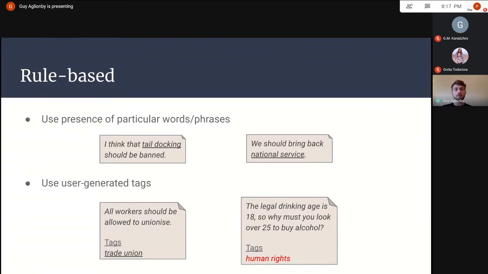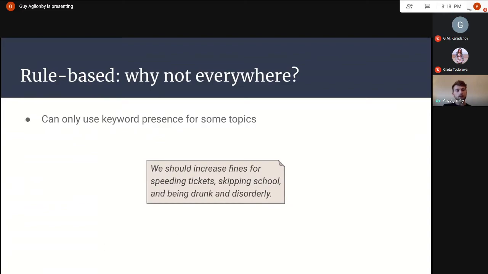We also don't really mind about having low recall here. We're looking for a very precise tagger. If there are false negatives, it's kind of fine. In a lot of cases, we are backed up by the topic model. In these two cases, tail docking and national service were not, so actually, high recall there matters a lot. But in other cases, the topic model is there to back us up. This is just to give us a little bit of a boost. I've mentioned this. Here's an example where speeding tickets, education, and alcohol are mentioned in something to do with maybe policing.